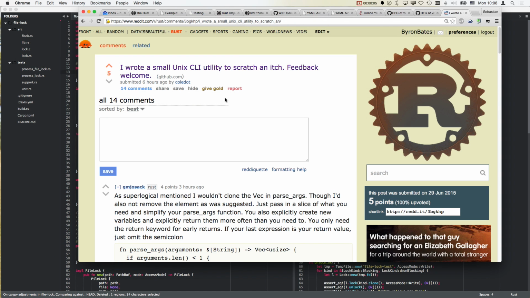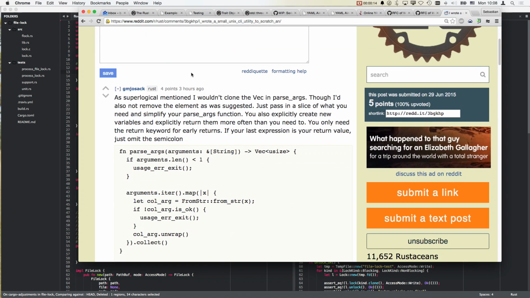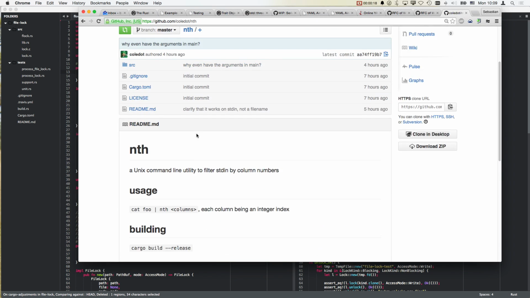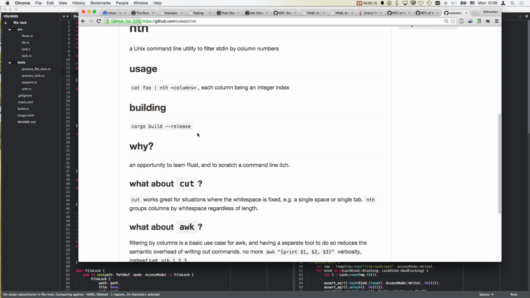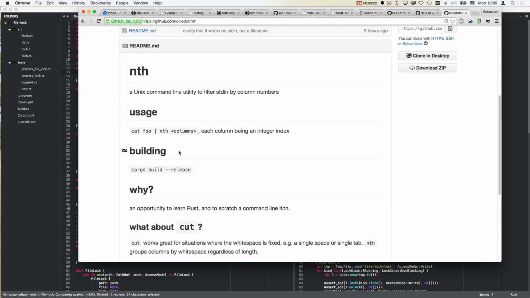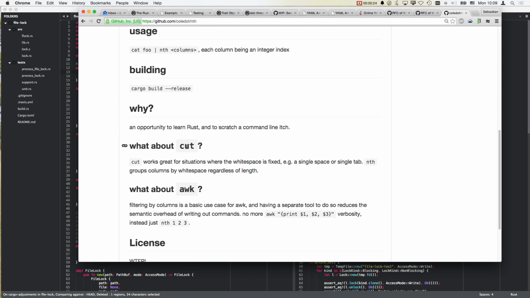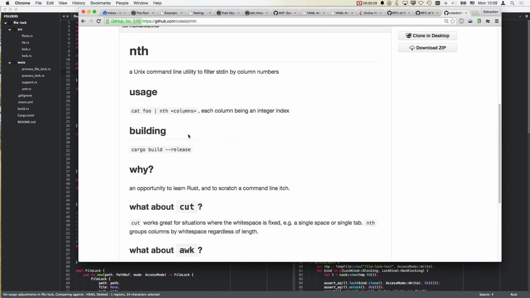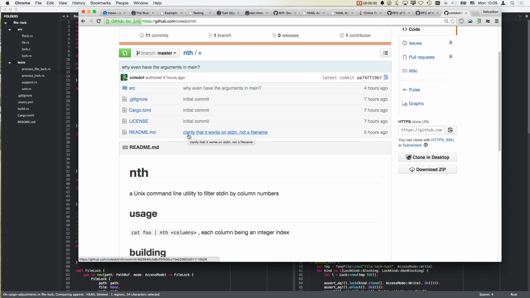It's Byron speaking, and in Looksies we're going to look at something, which today will be a little Unix utility that scratches an itch. So what is it? It's actually called nth, and it's a little experiment of someone who wanted to learn Rust. And he explained why not to use cut. And basically what it does is it splits columns by white space of input lines, which is quite useful, especially